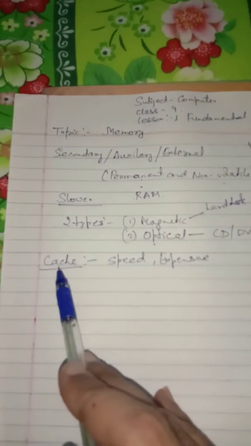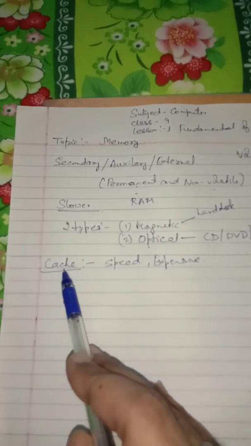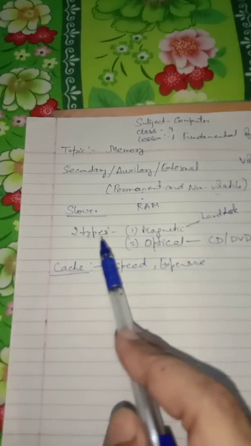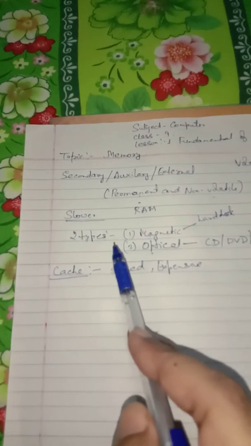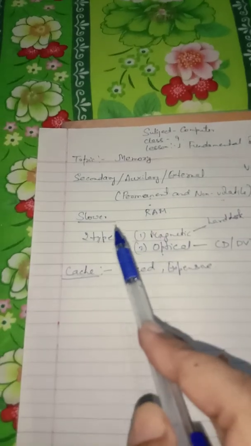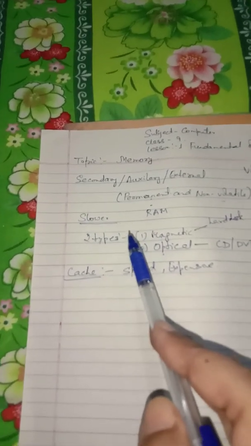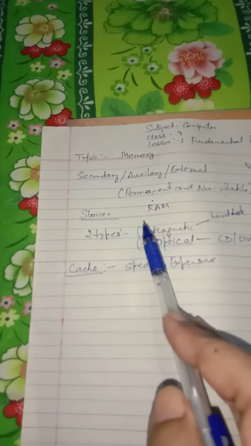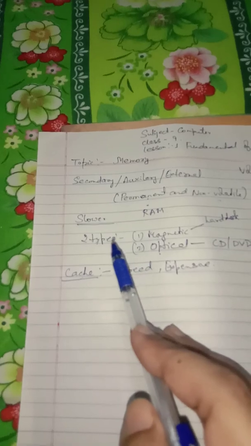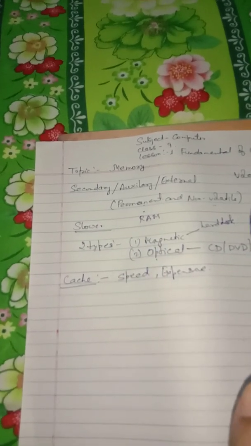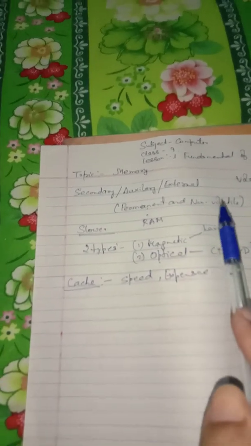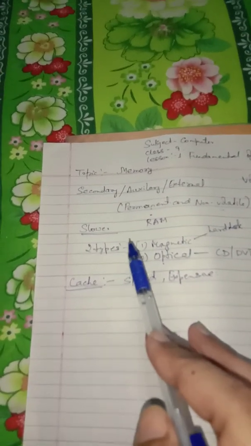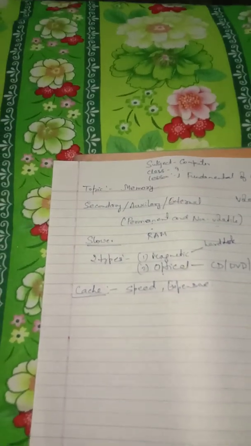Now, what is the use of cache memory? The cache memory generally holds those instructions that are frequently used by CPU. So these instructions or the data that are frequently used by the CPU are generally stored in the cache memory from the hard disk, and it is directly supplied from the cache to the CPU for processing. So the speed is very high in it, and the processing speed of CPU is also greatly increased.